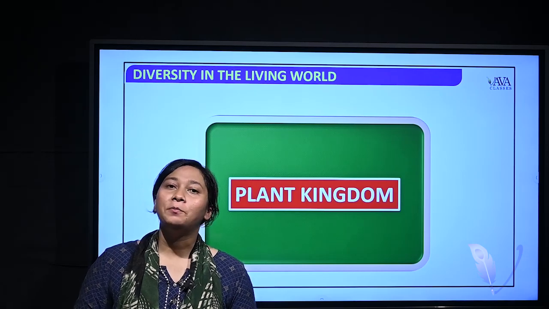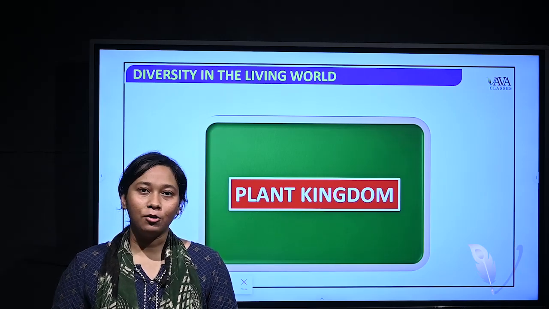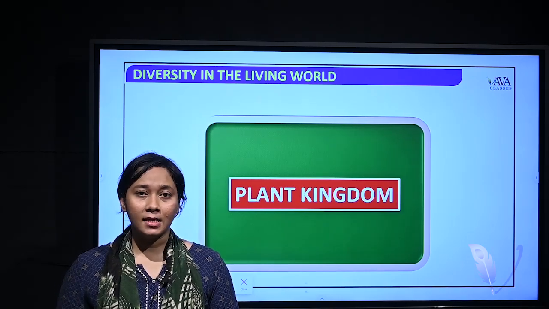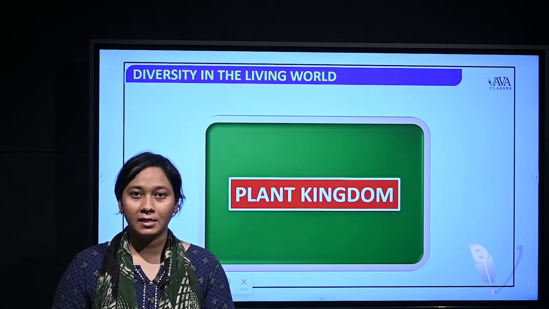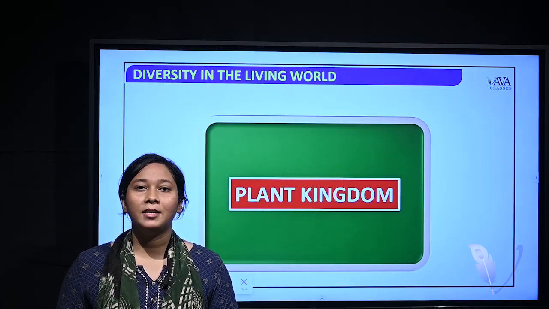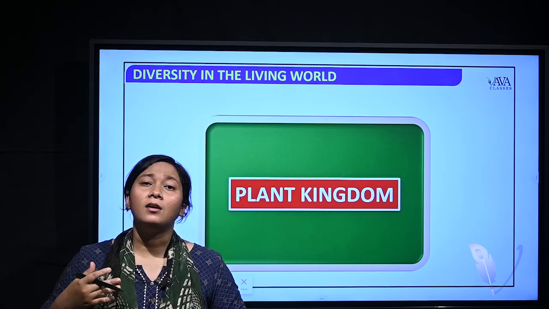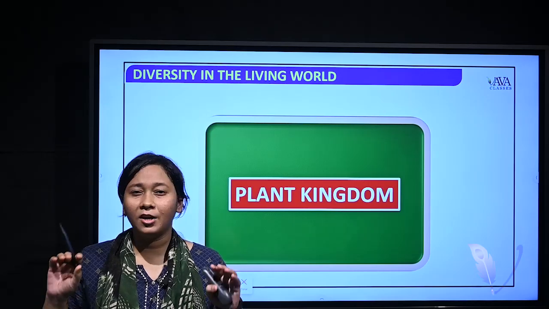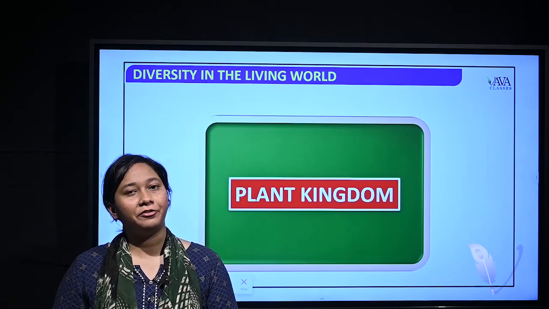So students, in our previous classes we discussed two chapters of our biology textbook, the living world and biological classification. In this session we will study a specific kingdom of the 5 kingdom system of classification, that is the plant kingdom. We already discussed the differences between the living and non-living world, the diversity of organisms, and how different scientists came with their fabulous ideas and divided the variety of organisms into different kingdoms.